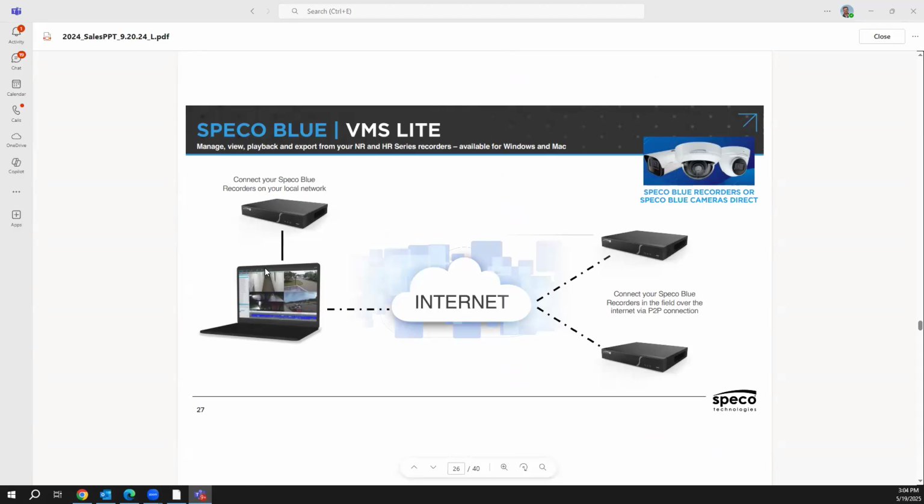Now, the Speco Blue VMS Lite is an all-in-one program. So when we download it to a PC or a computer, as you'll see here, this computer is running the VMS Lite. I'm able to connect recorders, whether from the local network, on site, or through the internet. I can also connect cameras direct to it as well. And Speco Blue VMS Lite for the free download will do 256 cameras. That is going through recorders. If you work with cameras direct, that number does change because of the number of